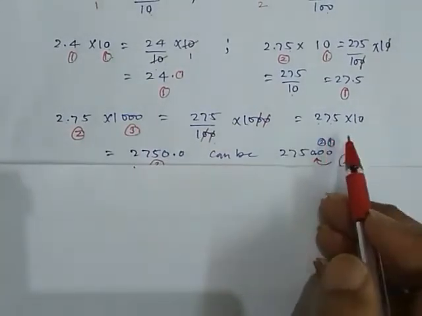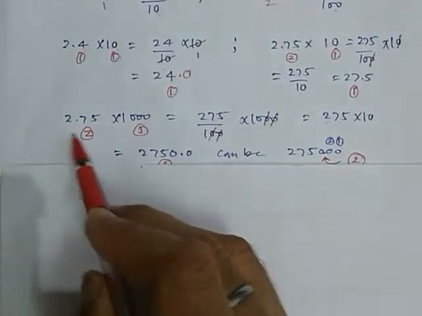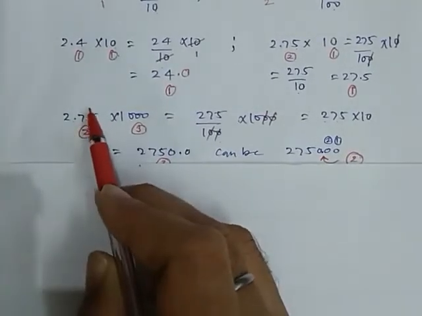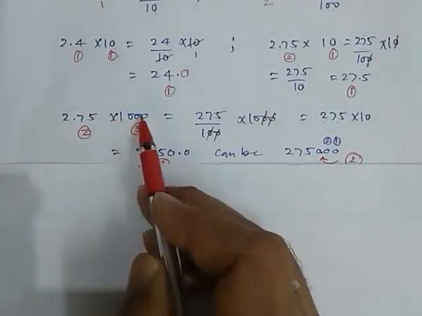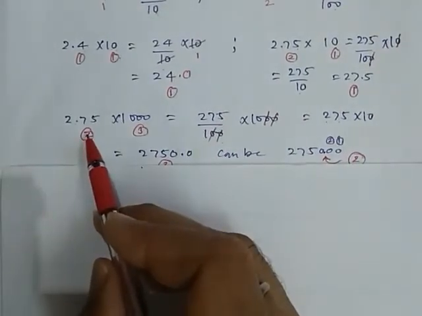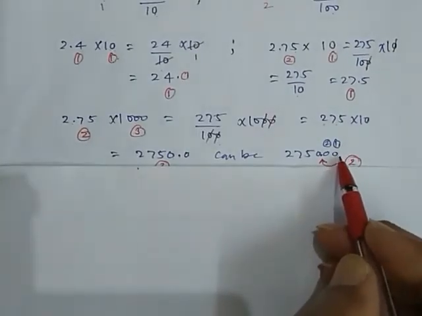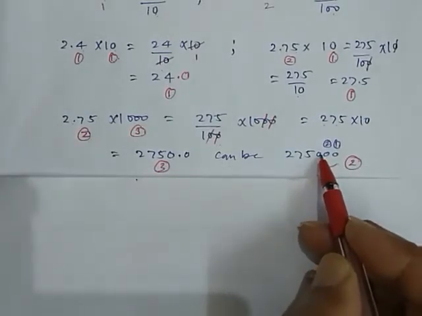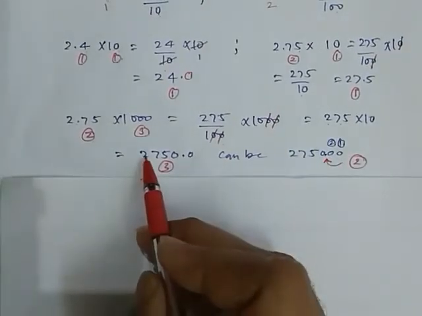Symbolically we put the decimal here to understand this thing. But what do we actually perform? We directly multiply this 275, considering this as a whole, ignoring this decimal. This is 275. And when we multiply this by 1000, we put 3 zeros, 275000. Now we count the digits after the decimal. Here 2 digits. So we start counting from here, 1 and 2, and we put the decimal here. So it reduces to 2750. So we can write down here 2750.